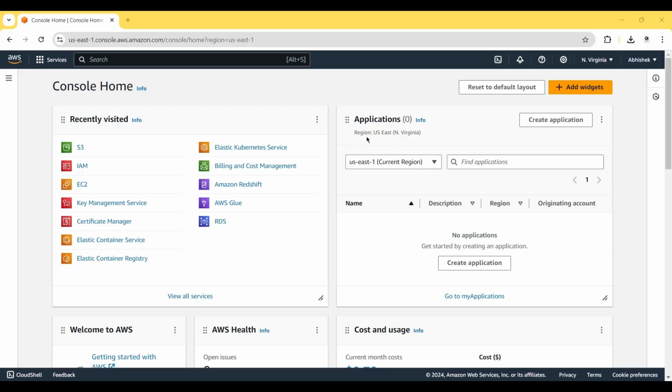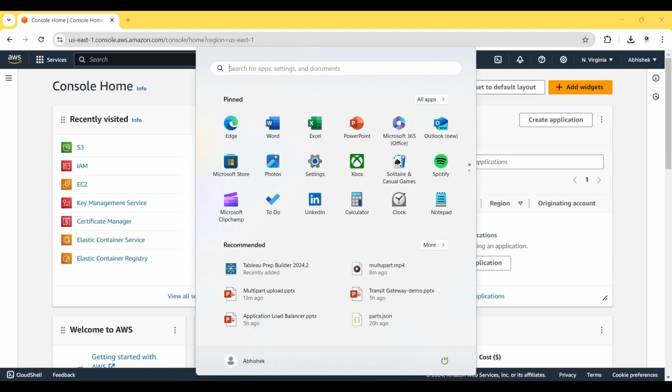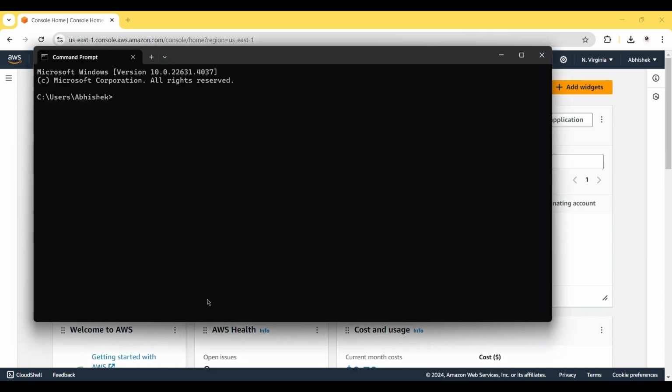There is one prerequisite for this. You must have WSL installed on your Windows machine. So what you have to do, go to CMD and type here wsl --install. Once you install it, it will ask for a password. So you just give the password and that's it. After that, what you have to do,